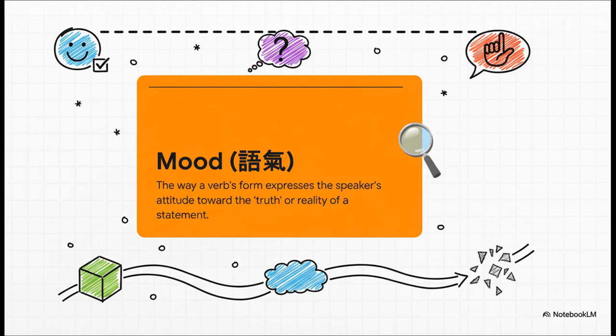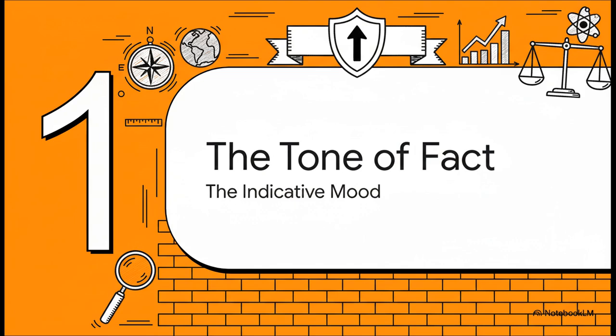Okay, so let's get our key terms straight. In grammar, mood has nothing to do with feeling happy or sad. It's all about how the form of a verb shows your attitude. Is what you're saying a fact, a wild guess, a command, or something you know is completely unreal? Just think of it as a spectrum of reality. So our journey is going to start at the 100% true end of that spectrum.